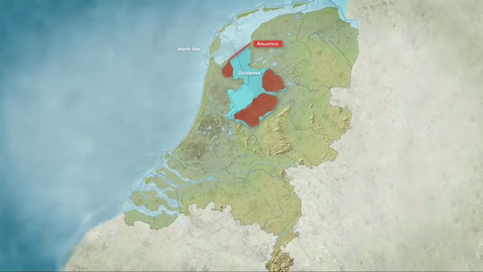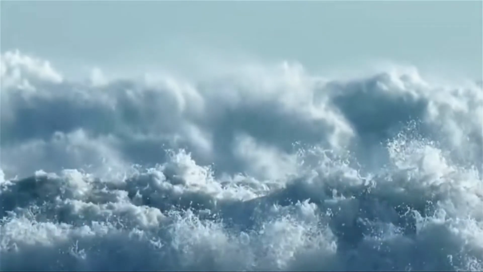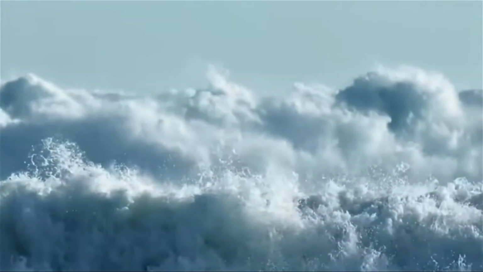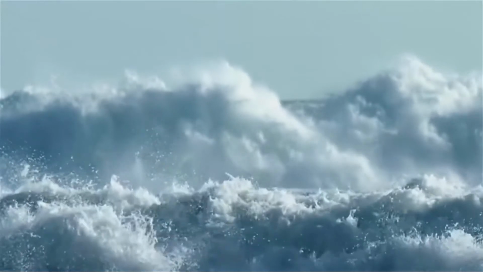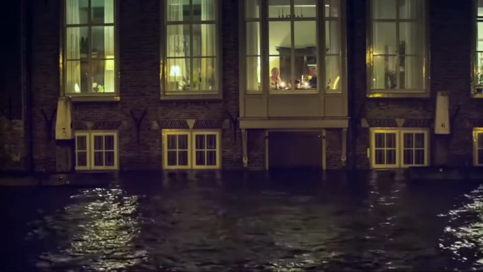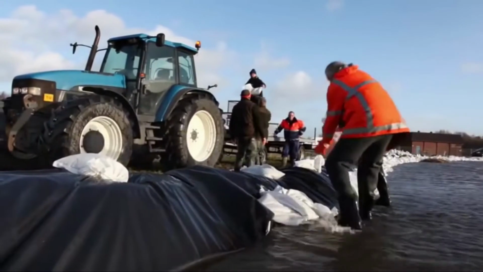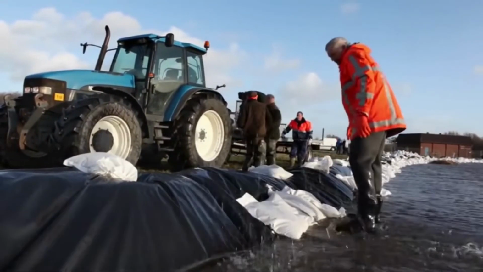Without this complicated system that the Dutch have built over the centuries, the Netherlands would naturally look like this today, and millions of people and buildings would all be underwater. But the ocean has not entered into its final form yet, and the biggest challenge that the Netherlands may face from it is still ahead. The current system is up to the standard that a single flood can be expected in the west of the country about once every 10,000 years, and in the less inhabited rest of the country about once every 4,000 years.